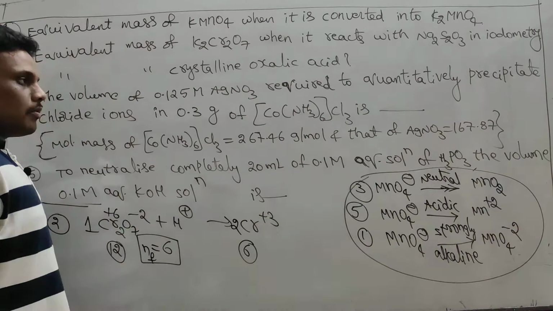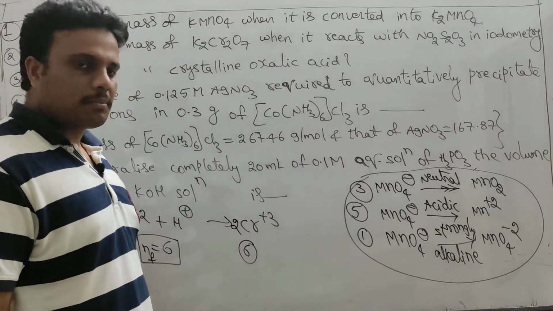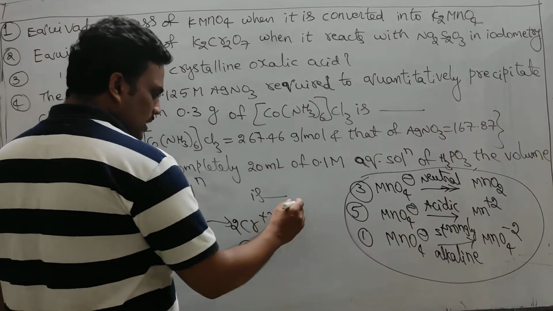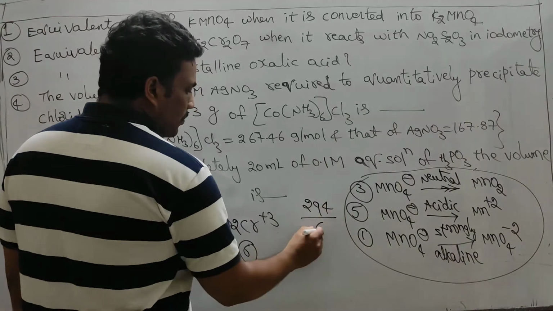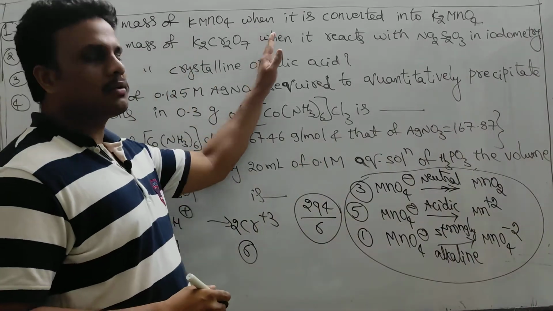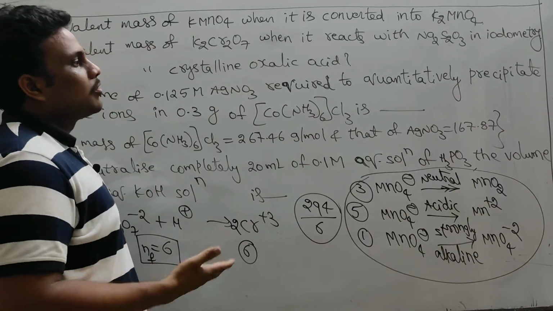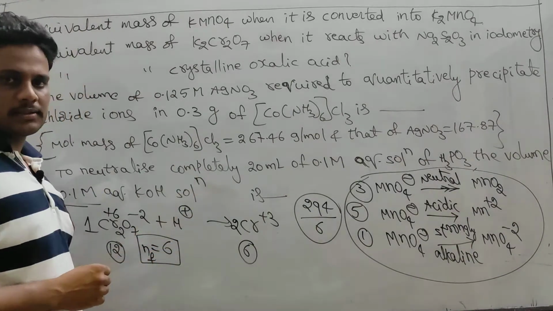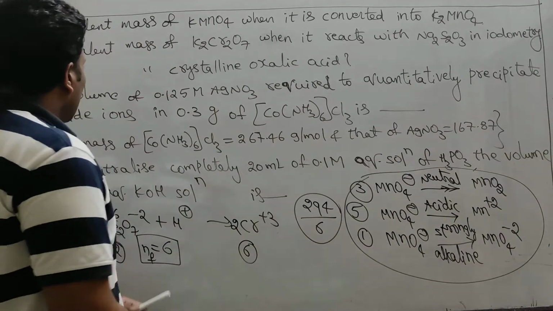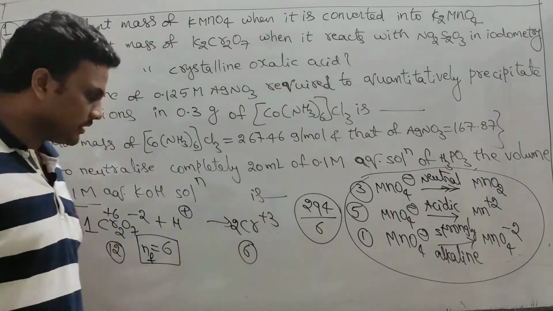So when potassium dichromate is given, no need to think, it is always in acidic medium and the N factor is fixed, that is 6. The molecular mass of potassium dichromate is approximately 294, upon 6, and that is its equivalent mass. This is also a straight away question in the JEE Advanced examination. So from permanganate and dichromate we can expect this type of direct equivalent mass calculation. And we have one more question: the equivalent mass of crystalline oxalic acid.